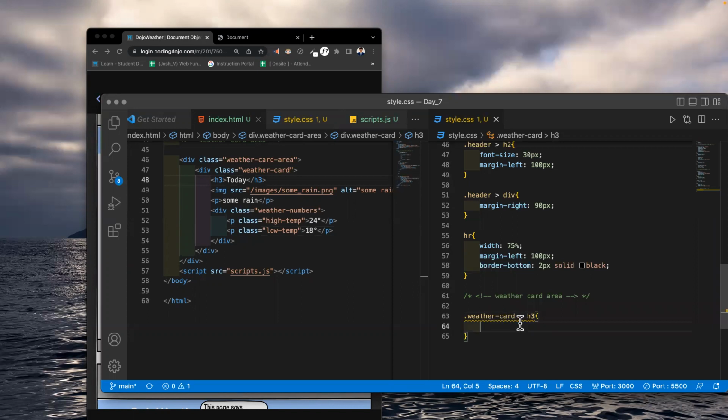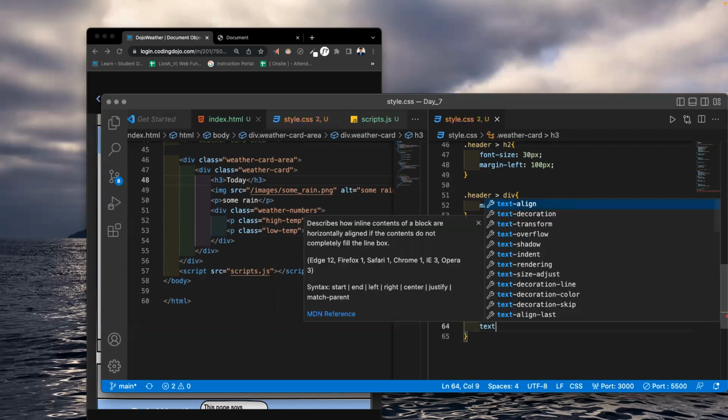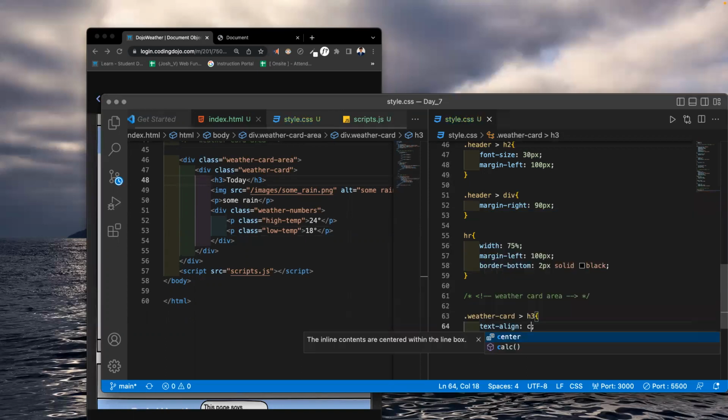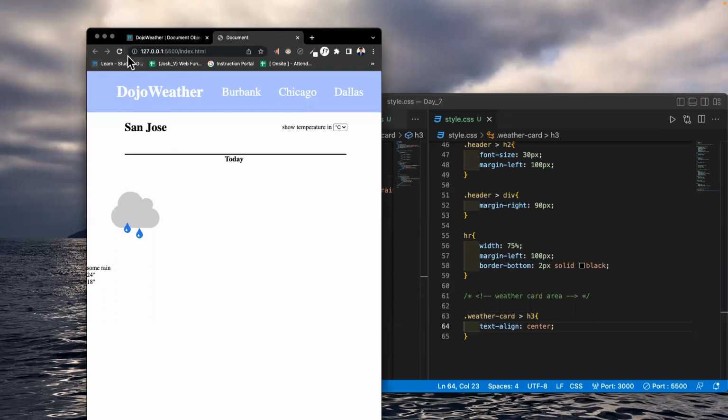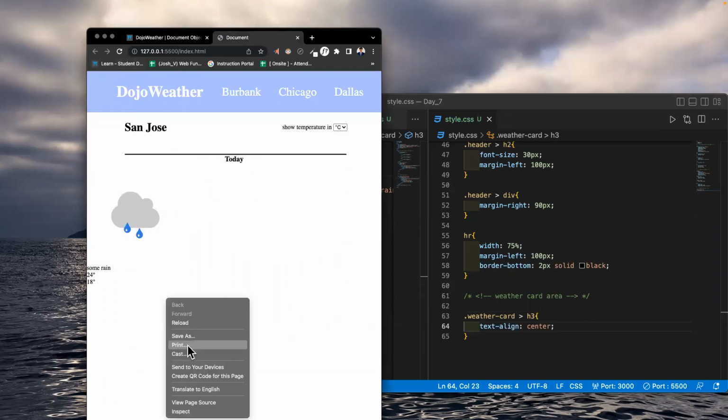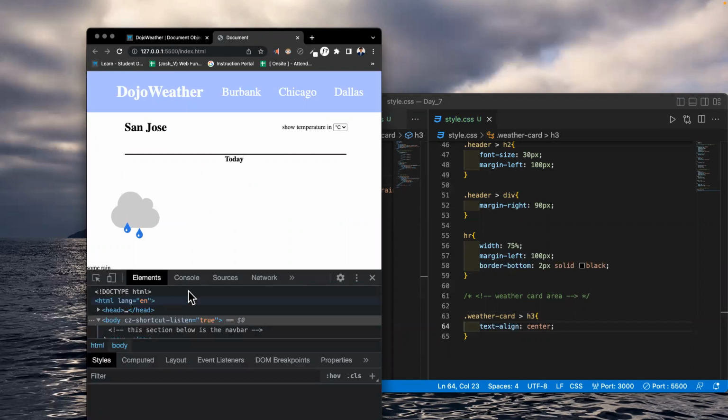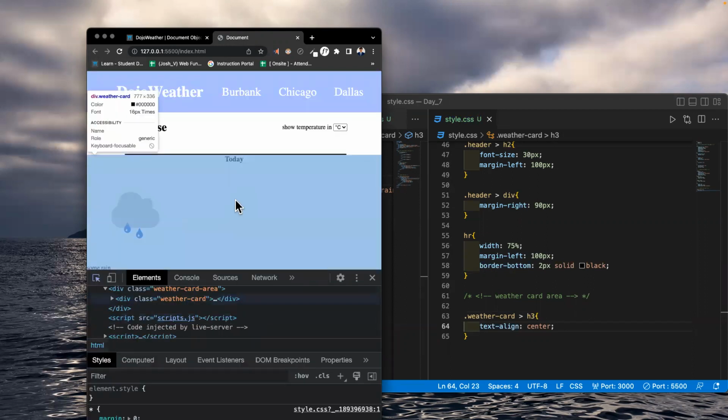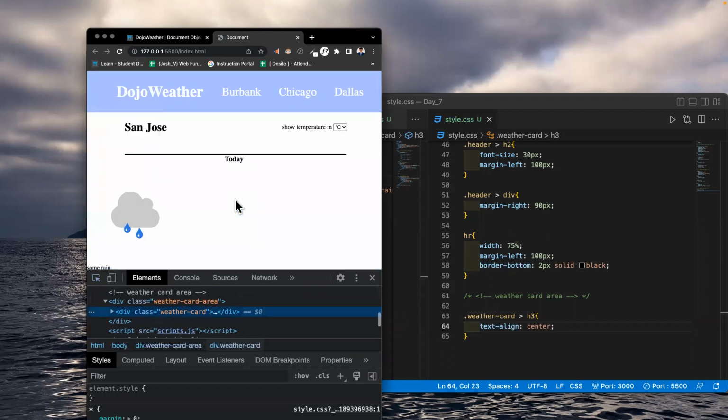So I'm going to say text align center. But now the card width is not defined. If I look at my card, I need to give it a definite width. So I'm going to say,